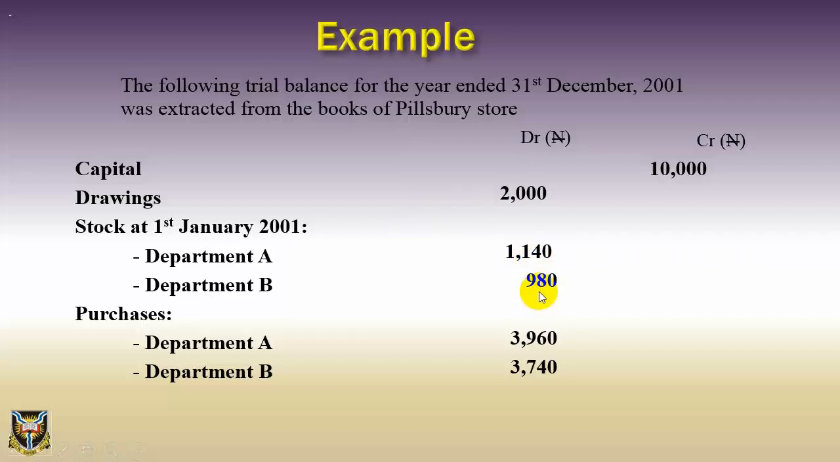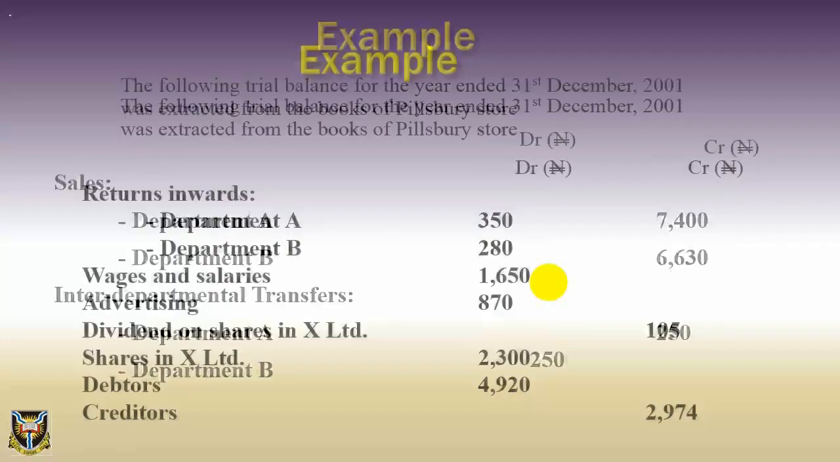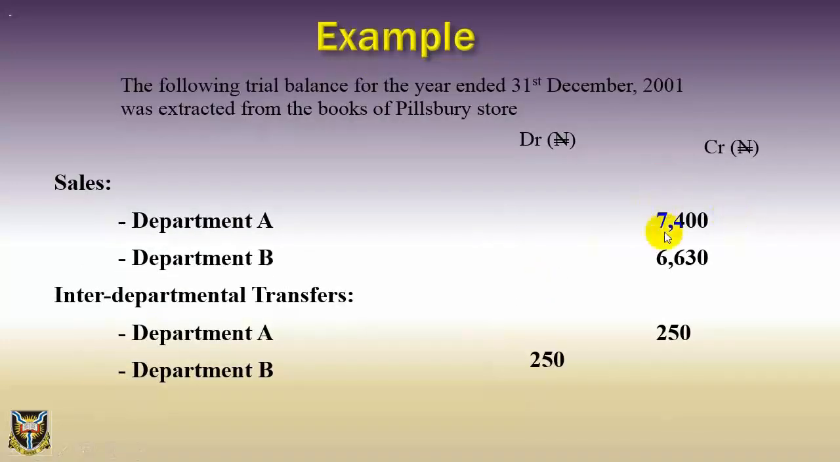debit side 980. Purchases. Department A, debit 3,960. Department B, 3,740. Sales. Department A, credit 7,400. Department B, 6,630. Interdepartmental transfer. Department A, credit 250. Department B,